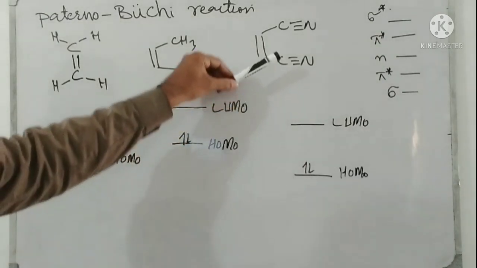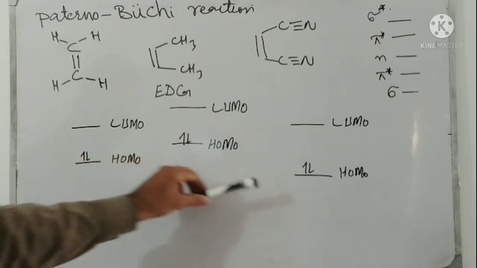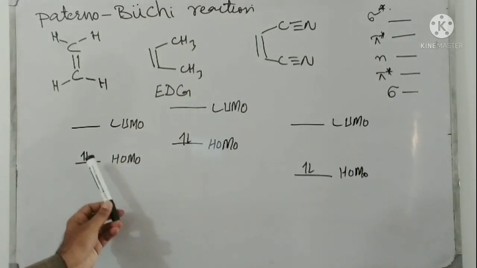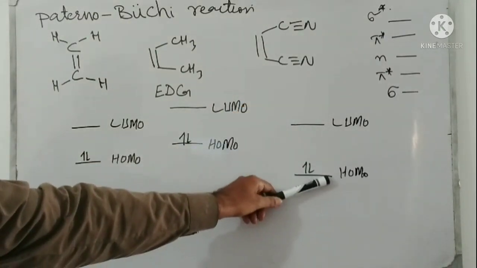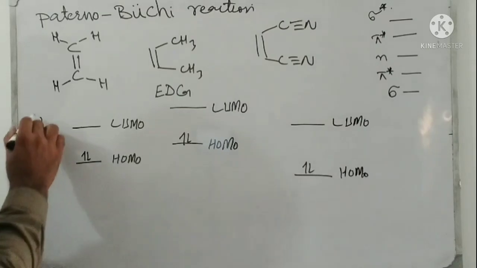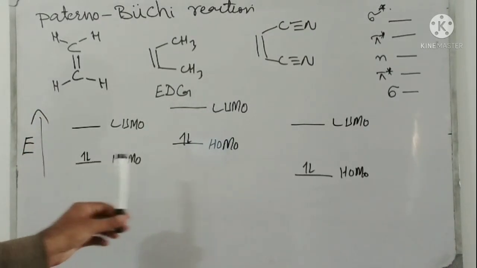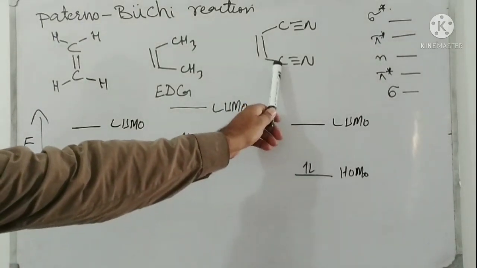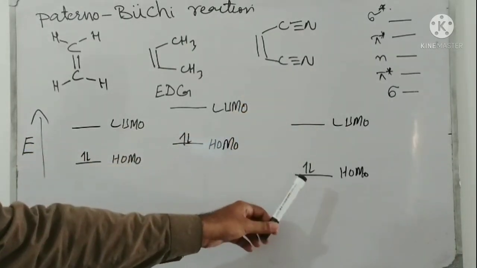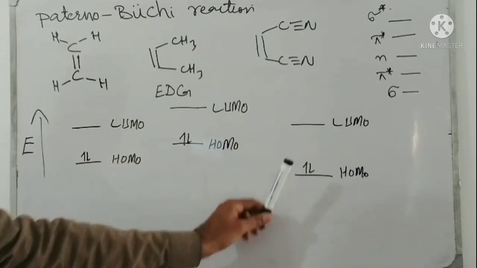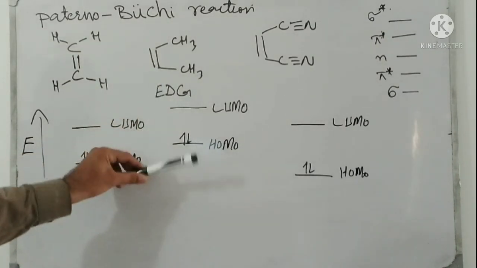But when an electron withdrawing group is attached, if we compare with ethene, then this HOMO is at lower energy than the simplest ethene. So this makes this alkene less reactive. Energy is increasing in this direction. When an electron withdrawing group like nitrile or cyano is attached, it makes the HOMO lower in energy as compared to simplest ethene, whereas when an electron donating group is attached, it makes the HOMO